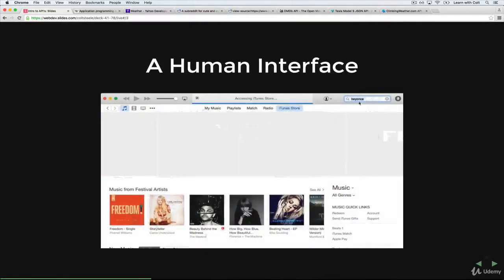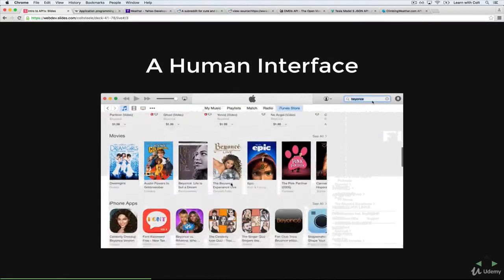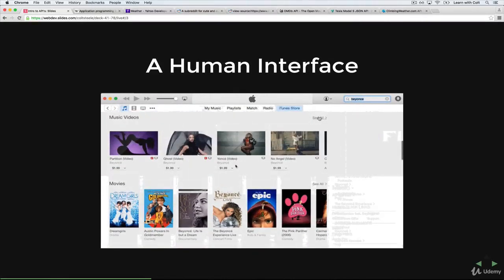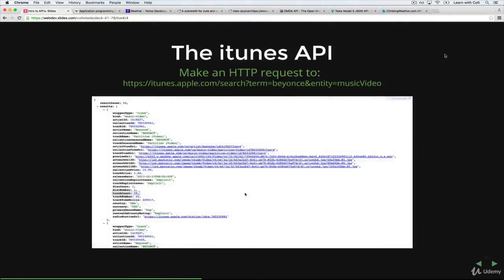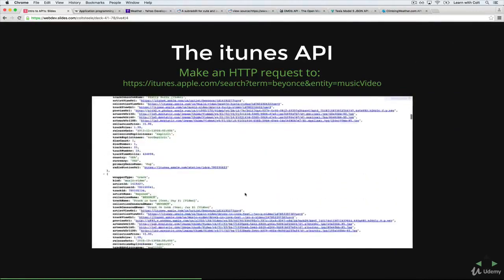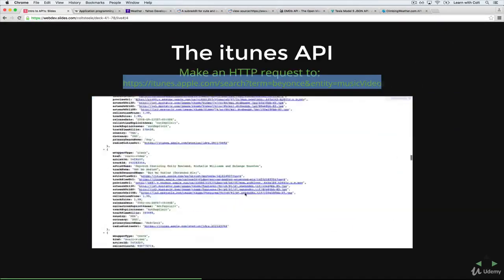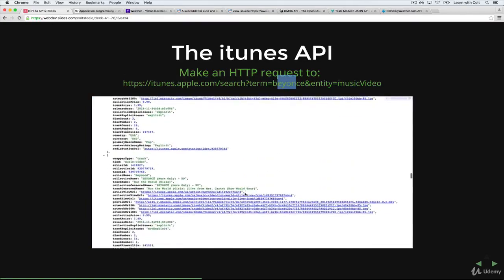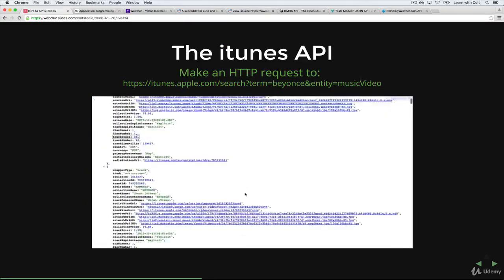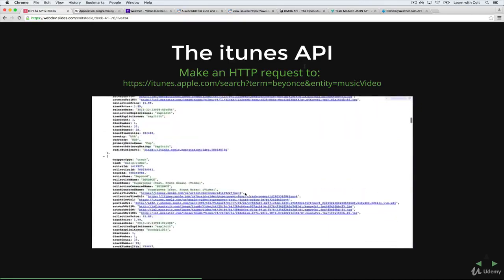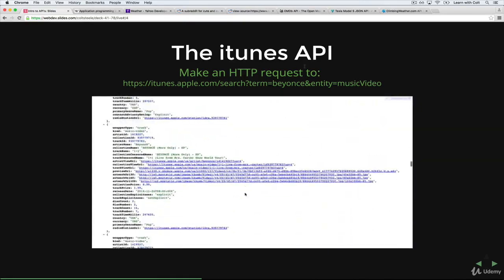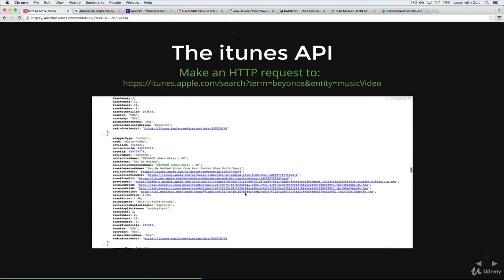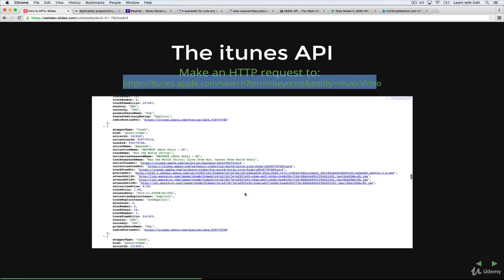And as you can see here, I'm actually searching for Beyonce, and then these are the results you see here. What I'm doing is writing an API call that will do the same thing. Search for Beyonce music videos. So this is how the API is structured. This changes from every API. You have to read the documentation, which is what I did here. But if you make a request to this URL, which I'll do right now,